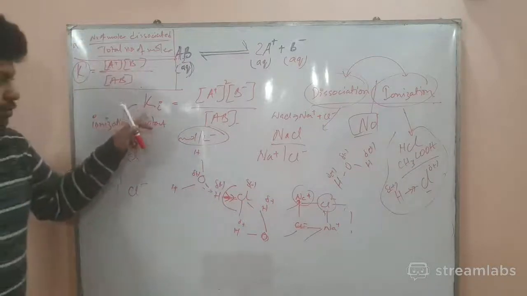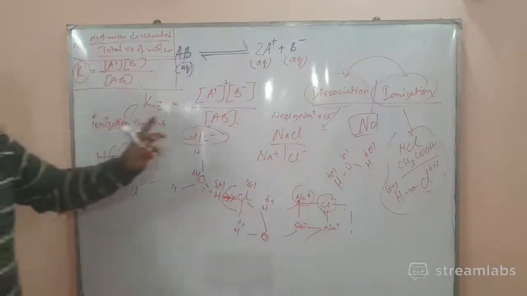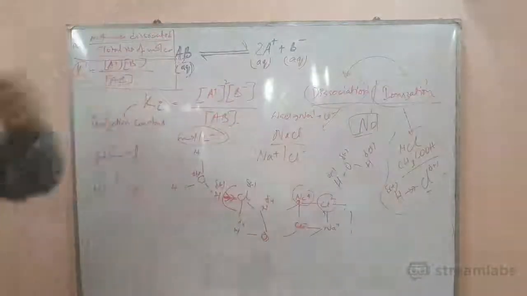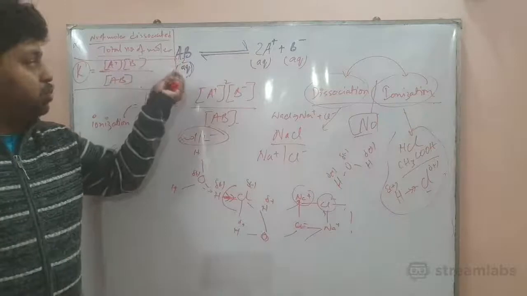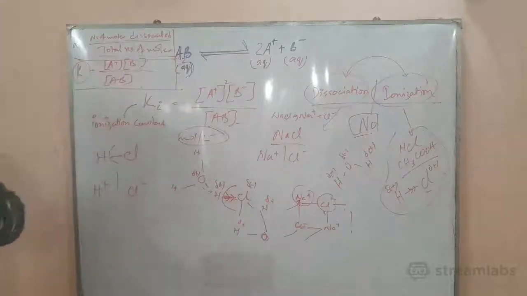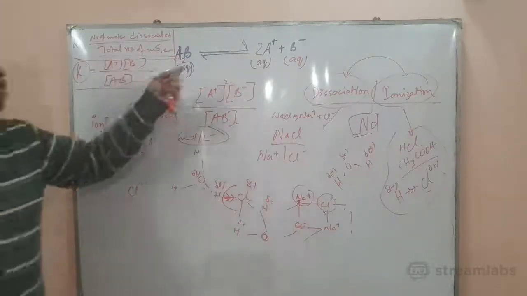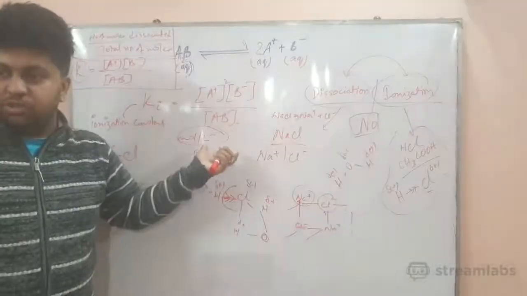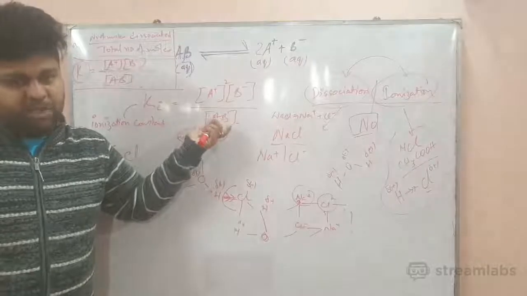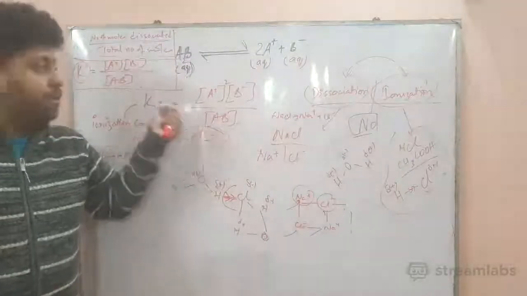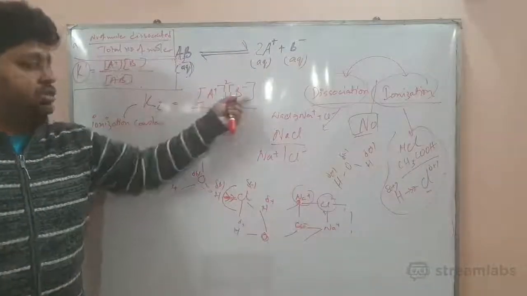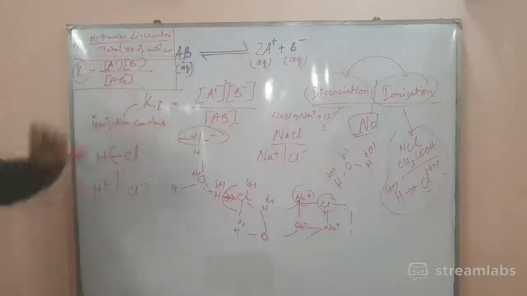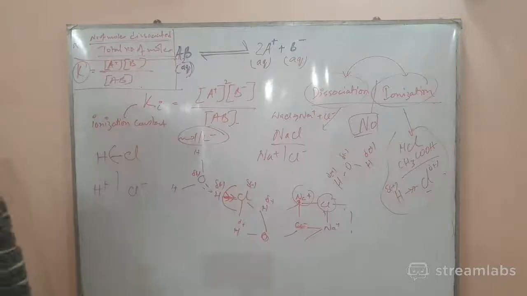However, if you see in terms of Ki, it is for strong electrolyte. If it is for strong electrolyte, the formation of A plus and B minus will be in large concentration, because most of the concentration present in per liter of the solution will be broken down. Okay, and the concentration will be large, and this concentration will be the same only, meaning whatever you have taken. But if it is a weak electrolyte, then these concentrations will be less. So Ki numerator large means Ki will be large for strong electrolytes, and ionization constant will be